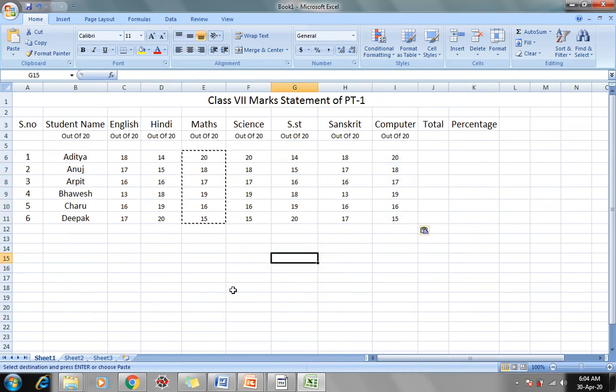Now suppose we have to reference serial number, student name and marks of English from this sheet to sheet 2.